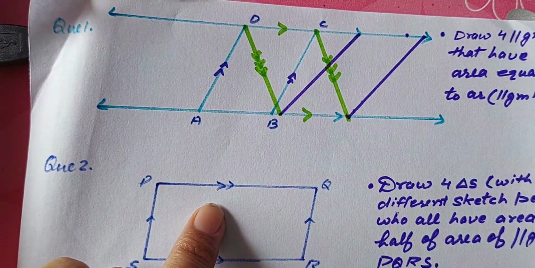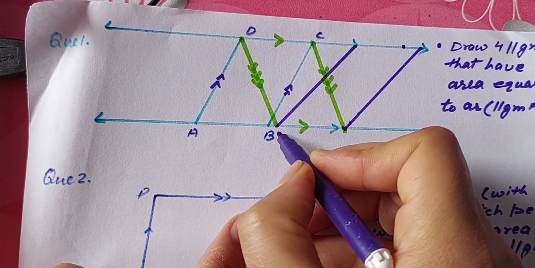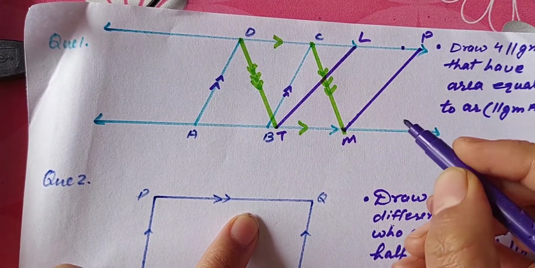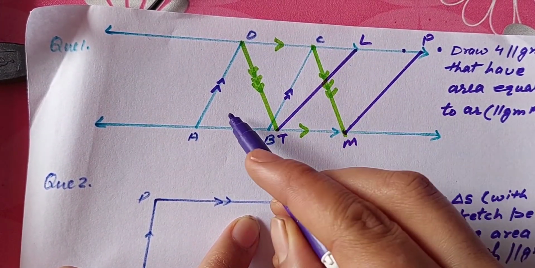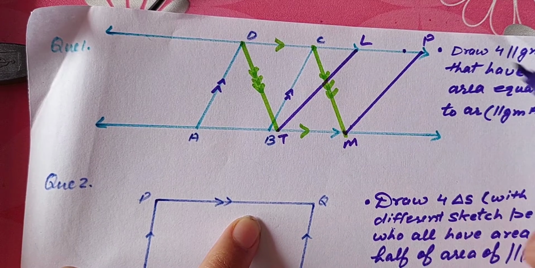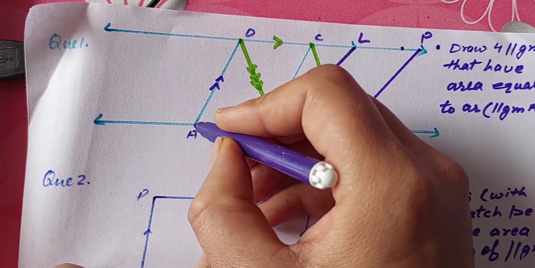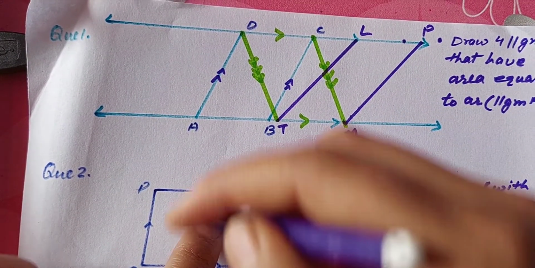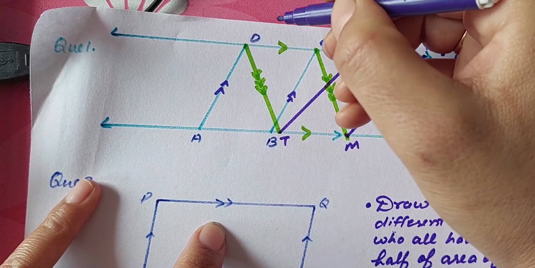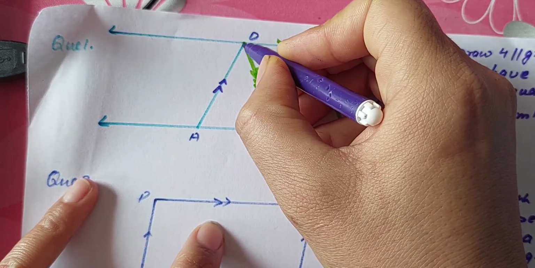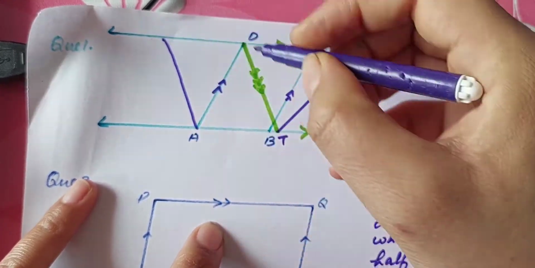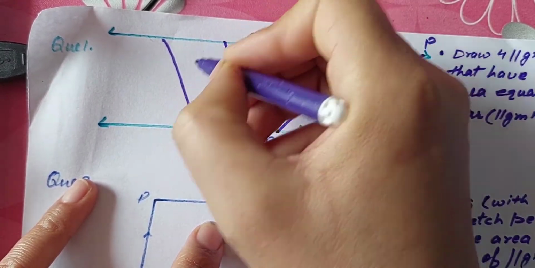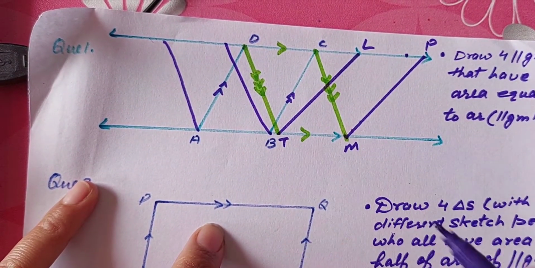So this I have made again. I can name these points as T, M, L, P. So this DCTM is also equal to the sky blue one, and this LPTM also. Moreover, I can make one to this side also. Or we can make it like this also with the same base. This is here and here, so they are all going to have the same area.